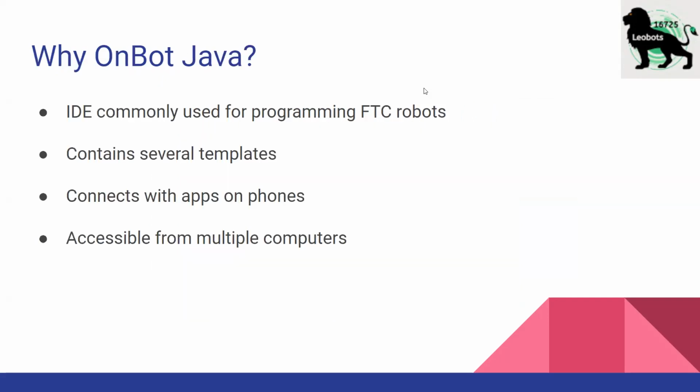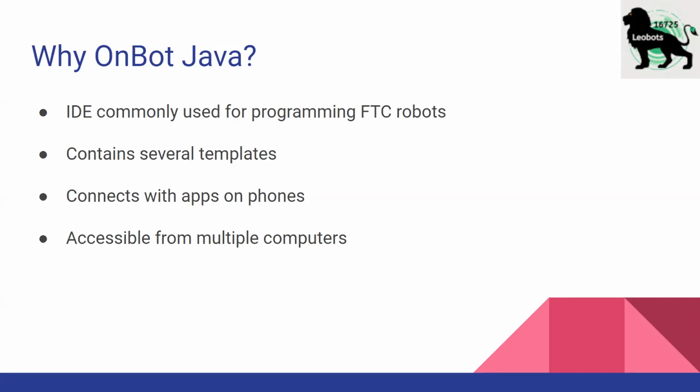Why OnBotJava? OnBotJava is an IDE commonly used for programming FTC robots. Although there are other IDEs where Java programming is used, the methods and templates that are most related to FTC robotics are on OnBotJava. It's also easy to synchronize with apps on phones, and this is especially important in FTC